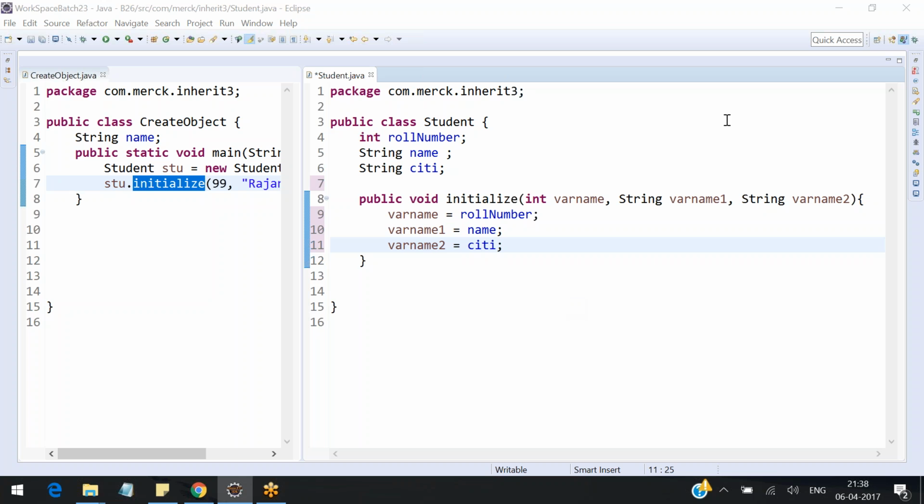Vishal, one doubt here. So roll number is equal to variable. Can you explain line number 9? Yeah, because on the left side, initially roll number will have the null value, and since we pass